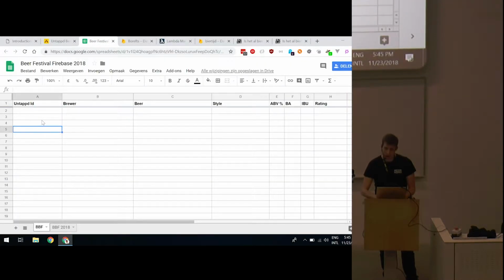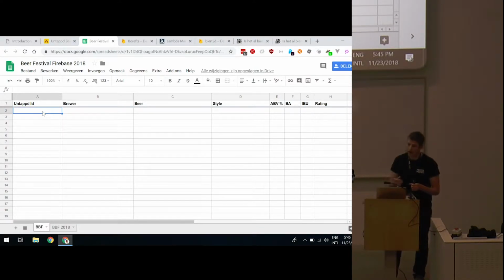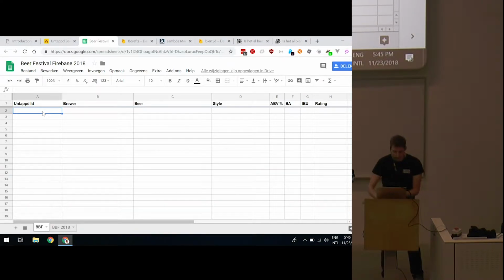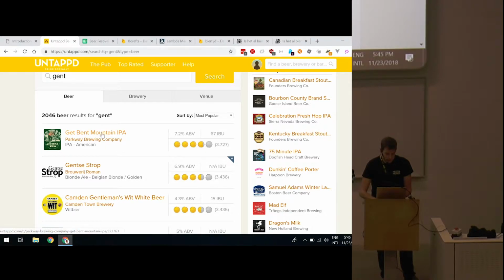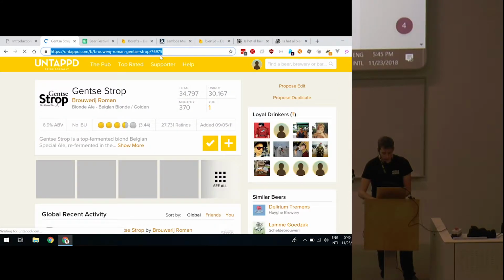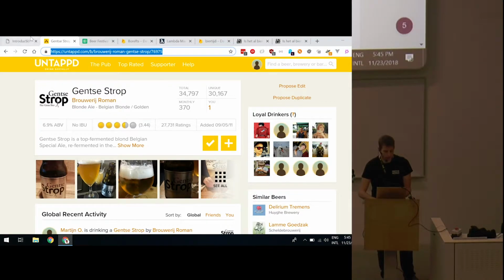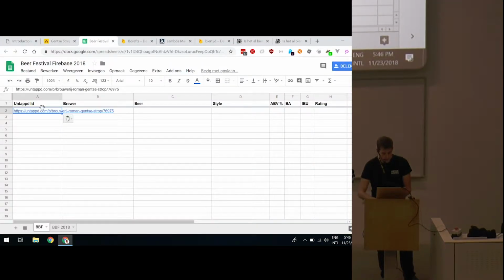So I gave him this spreadsheet, and it's fully empty. And what he used to do is he would go to the beer list, and then look up the beer in Untapped, and then copy paste all the data in this list, and then he would have his list. I would import the Excel, but I wanted to be a little nicer to him, so I created this for him. Basically, I copied the deep link of the beer, and as you can see, there's an identifier here in the URL. And now I'm just pasting this link in,